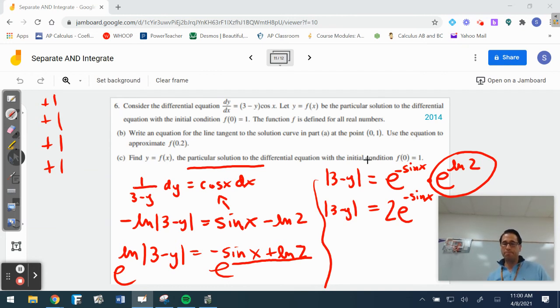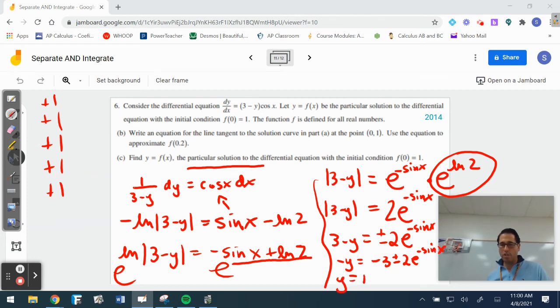Now remember, how do I get rid of an absolute value? I've got a plus or minus. So believe it or not, that fifth point comes in if you were able to handle that initial condition. And my final answer is you subtract the 3, okay? And then my final step, right, class, is you get rid of the negative, which turns it to a